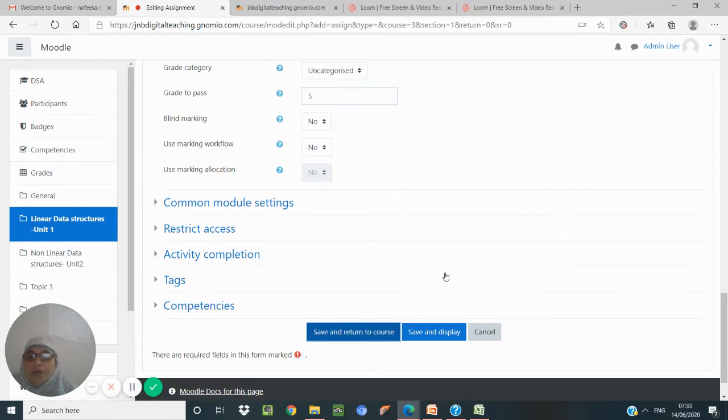Okay, and in that quiz we can directly import the file which we have stored as plain text. This format is called the Aiken format. So when we upload the file, you choose the Aiken format and then upload the file.